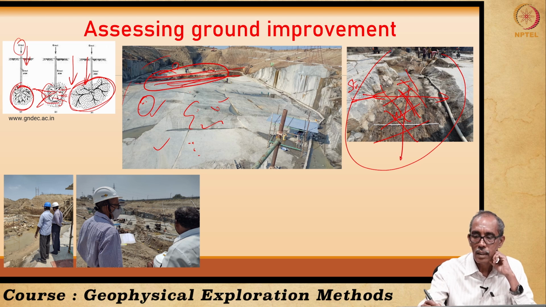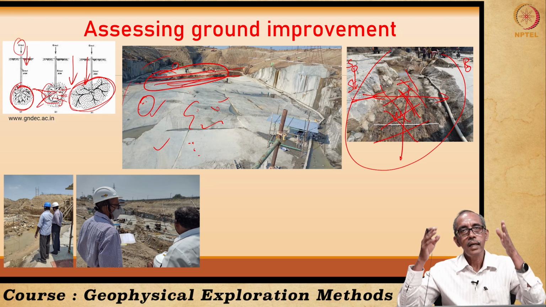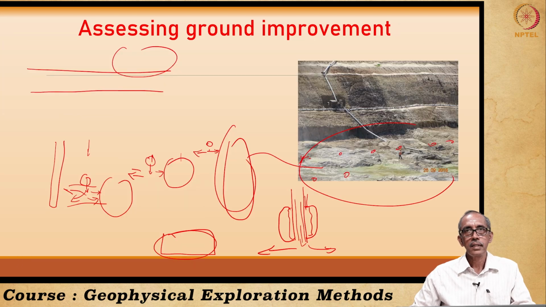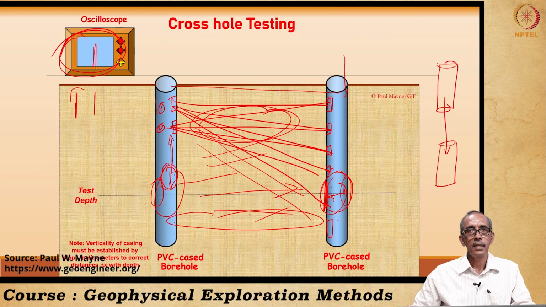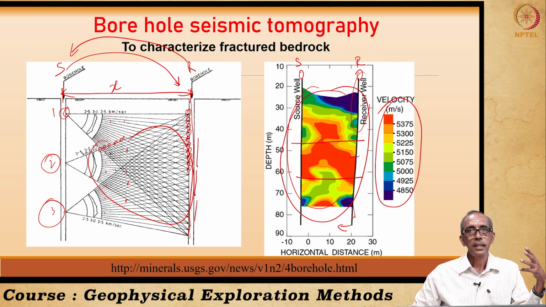So, what we did is, we drill a hole here, we drill another hole here. This will be used as a source, this hole will be used as a receiver to determine what is the shear wave velocity at different depths. So, this is how we characterize whether this weak zone is extending to greater depth or not. So, these are all some of the applications of seismic refraction method. Toward the end, we had seen how we can conduct cross-hole seismics to arrive at such a nice seismic section.